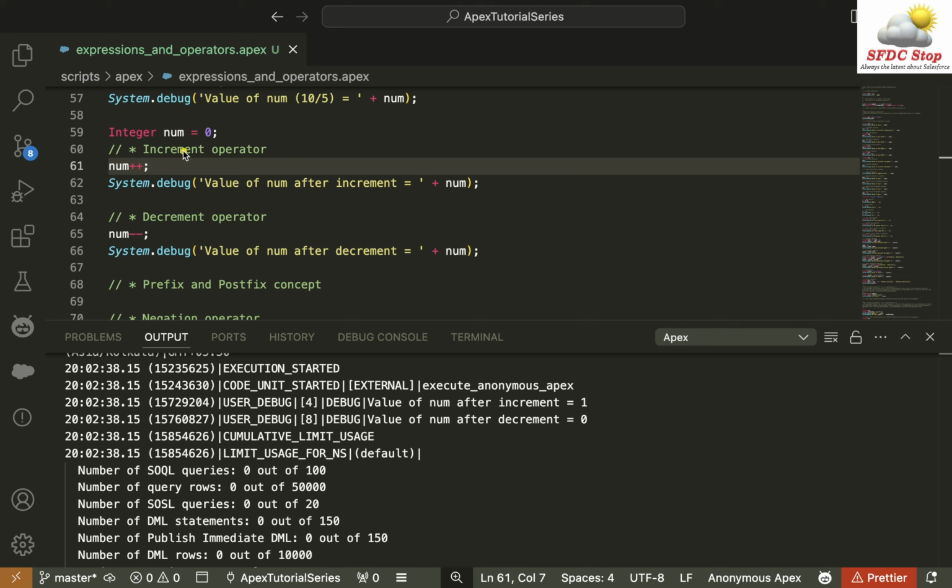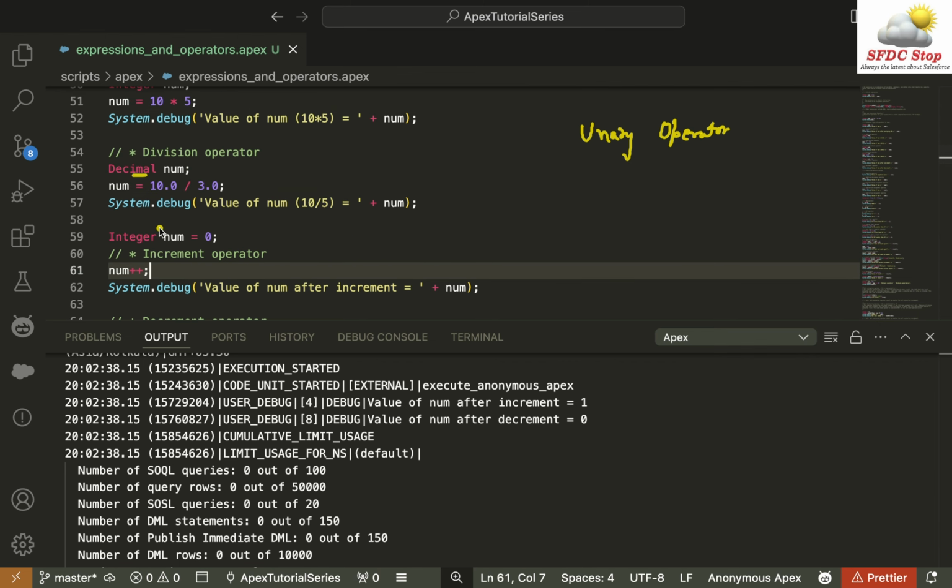For now, the thing to note here is that this operator, the ++ operator, is a unary operator. Why? Because it only needs one operand to operate. For example, if you see this division operator, right? This operator needs two operands, or I can say two values, to operate. So this is the first operand and this is the second operand. So it needs two operands to operate. But the increment operator needs only one operand, which is this particular variable, to operate, and it can perform the operation,